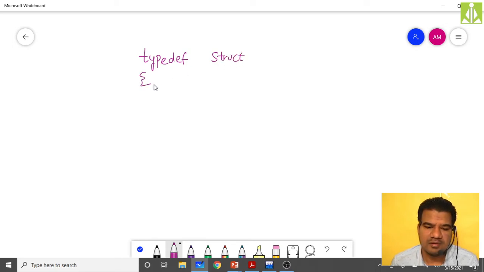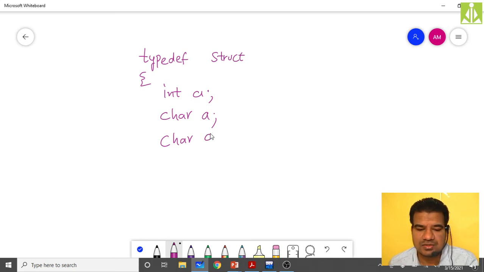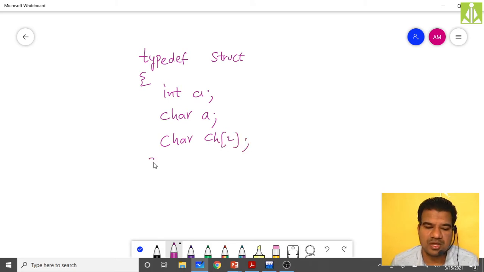Then in parentheses we'll give our data types. Let us say we are using one integer, one character, and one character array, ch of 2. Let us assume we are using it like this.